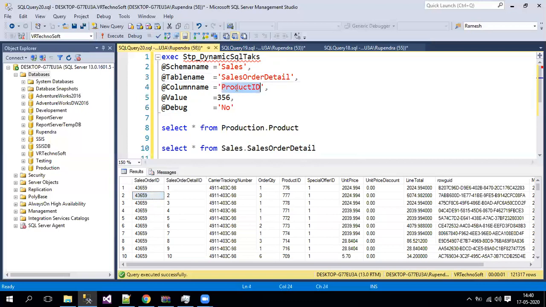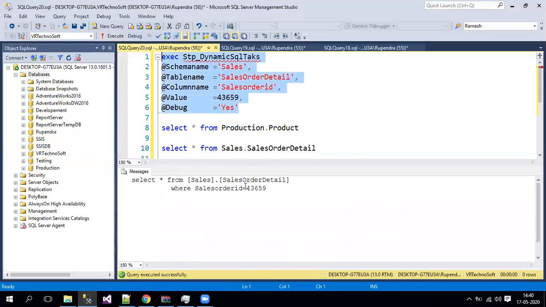You need to pass proper column names here, and then the exact matching record you need to pass. Let's print this, which means let's go for the debug process before executing it. Yes, now the query is proper.